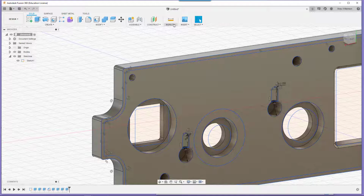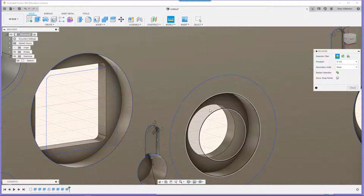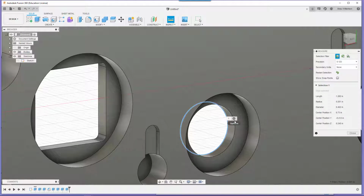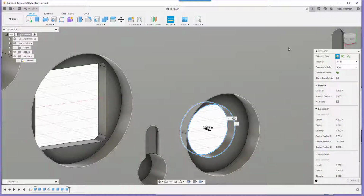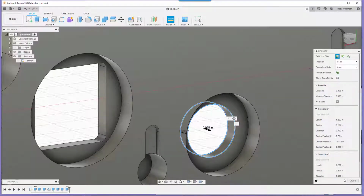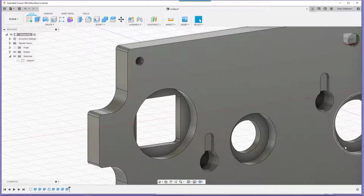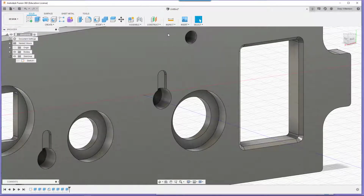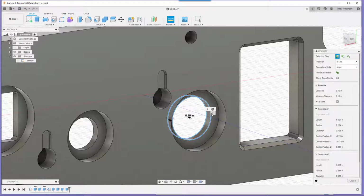Just to confirm, let's do a measure. We'll zoom in here and say, I want to measure, turn the sketch off, from here to here. And it says it's 0.095. Yes, that's exactly the thickness of that we're supposed to get at that point, okay? Same thing over here. We could go over and once again do an inspect, measure, and we want that to that, and it says,